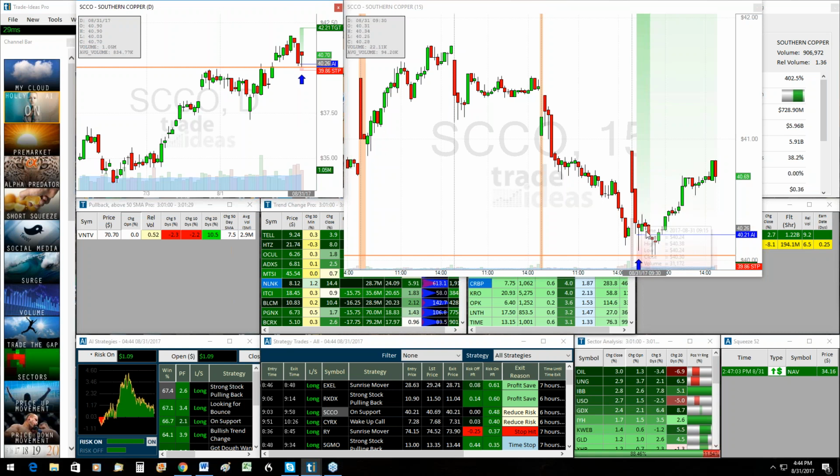It looked like it was going to go, and then she got out for basically reduced risk at zero profit, so nothing. But if you look here, there was not a whole lot of pain in this one. Maybe 15 cents on a percentage basis. It's a $40 stock. That's not that big of a downdraft, and yet it had a nice bounce here on the risk on, 48 cents I think on the close, was higher than that at one time. But nonetheless, I still want you to pay attention to these